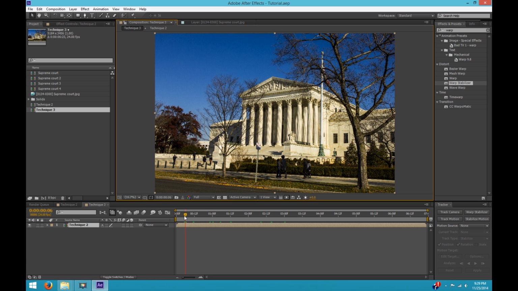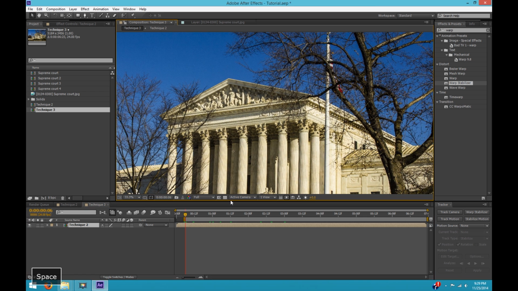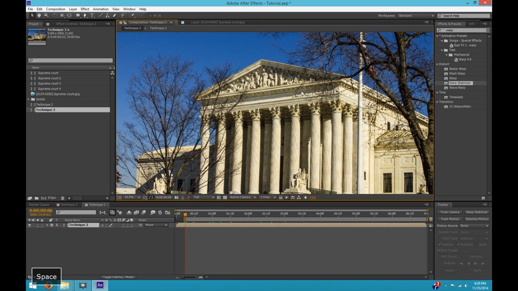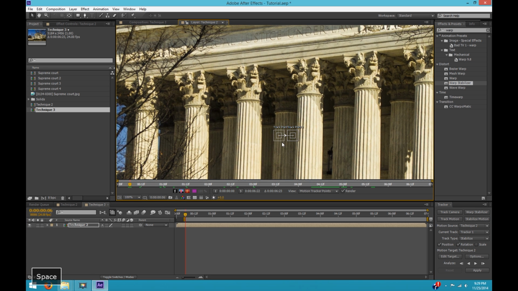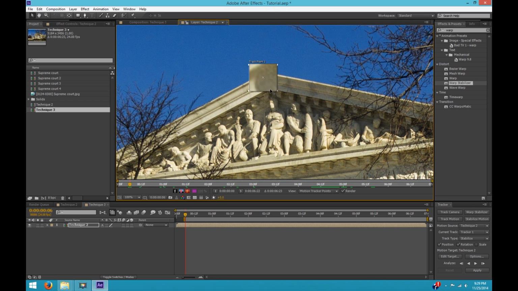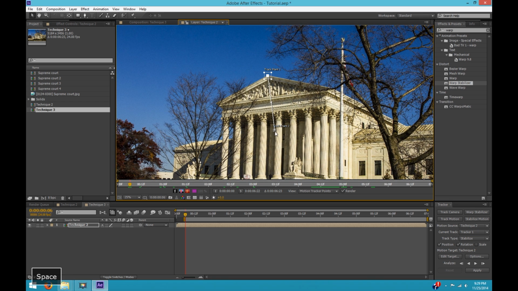Okay, one more thing I wanted to discuss, and that is if you cannot find 2 points on a vertical surface and you just can't find anything that's suitable and you need to pick another straight line or another couple of points to do motion tracking on to stabilize your rotation, you'll end up with your image getting crooked a lot of times, and I'll show you how to fix that. So I'll just do stabilize motion, position and rotation. I'll put some points in here to stabilize position and rotation, and I'll show you what happens and how to fix it.